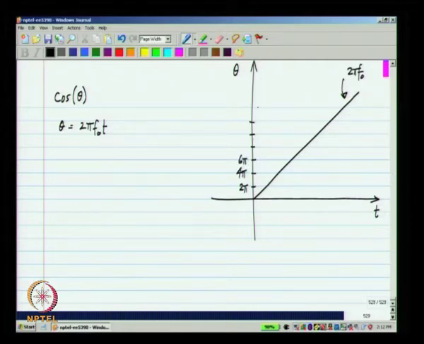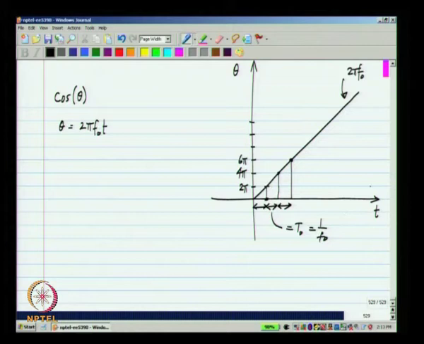and so on. Now, I will look at the times at which the ramp crosses these thresholds, okay, crosses 2 pi, 4 pi, 6 pi, etc. Now, because this ramp of course is a straight line, these intervals will be equal to each other and they will be equal to T naught, which is the reciprocal of f naught. Okay. So, this is pretty clear.